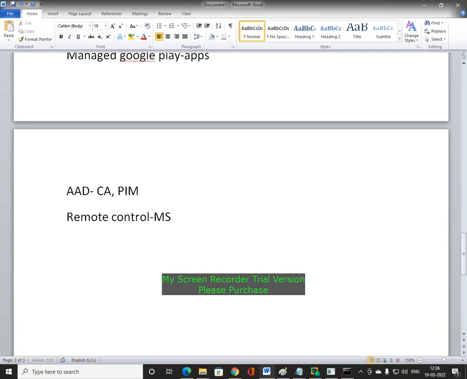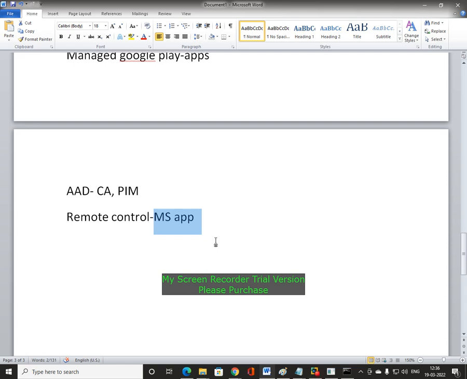So you have Microsoft's own app for remote control of Intune devices. If your company is already using some third party tool like TeamViewer or AnyDesk, you can use them. But if you don't want to buy third party licenses again, within Intune you have a ready to use feature called remote control. Okay, so you don't have to buy any additional third party app that would involve additional licensing. Just use the Intune built-in remote control